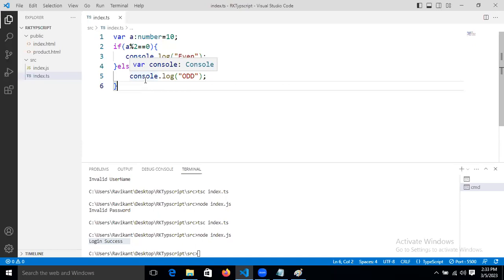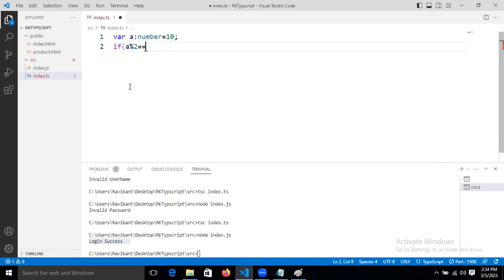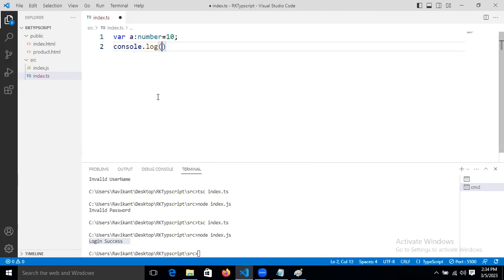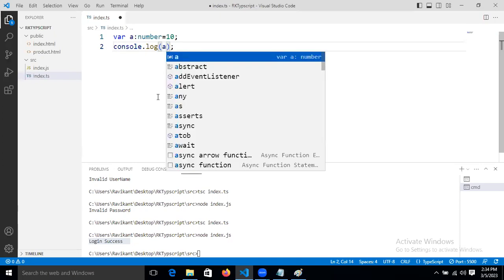Now how will we do it? Let's see that, guys. Now our requirement is, how can we do it? We will understand, guys. Simple, nothing more than that. Remove the if and everything. This is the logic now. Now what do we need to do? Console dot log. Inside that we will take a, right? A percent